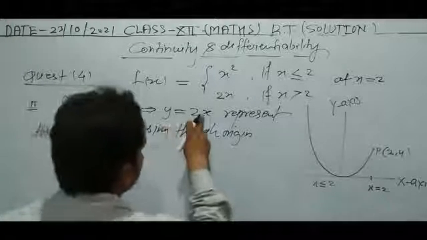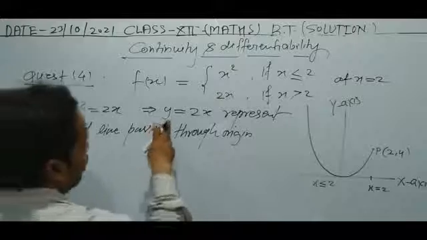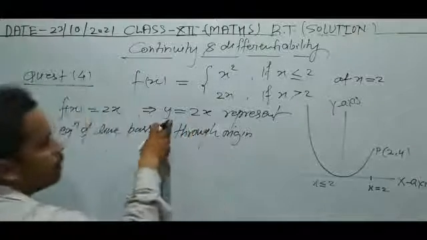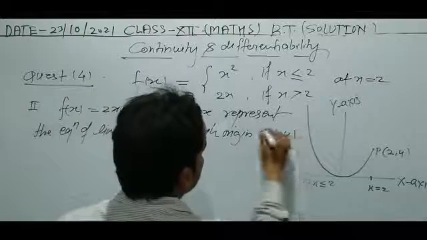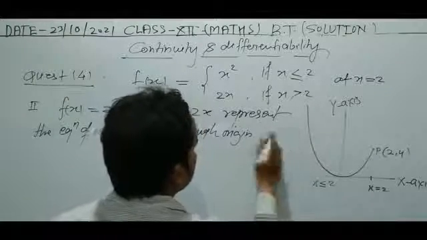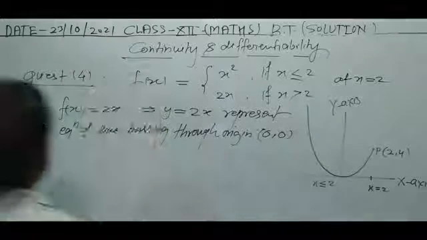When you put x equal to 1, you will get y equal to 2, and x equal to 2, you will get y equal to 4. So we can take any other point (2, 4). Suppose the origin (0, 0)